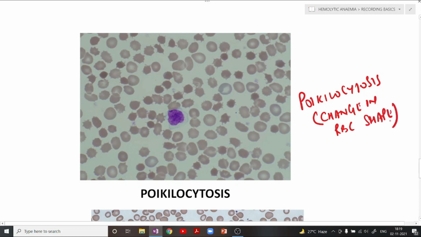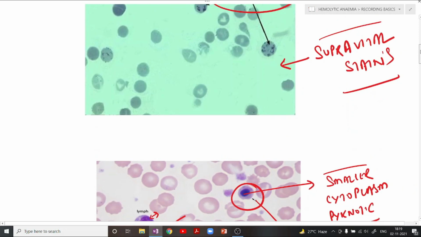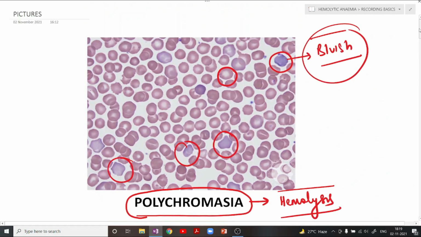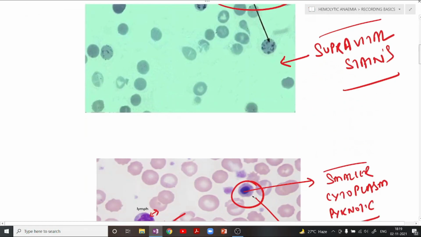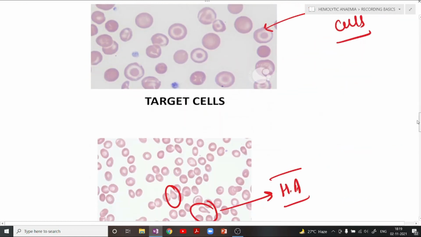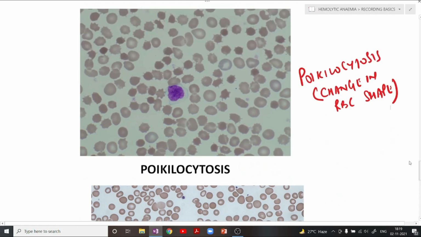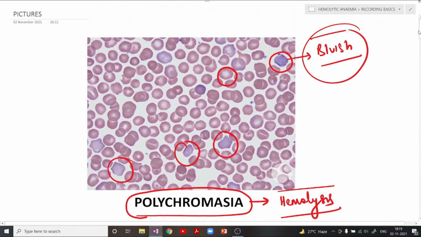Okay, so anisopoikilocytosis, presence of teardrop cells, target cells, all these are basic signs. So whatever I showed you right now, polychromasia, reticulocytosis, NRBCs, nucleated RBCs, then I showed you target cells, teardrop cells, and then anisopoikilocytosis. All these are non-specific signs of hemolytic anemia. This is how the peripheral blood picture presents in case of hemolytic anemia. I hope this point is now clear to everyone.